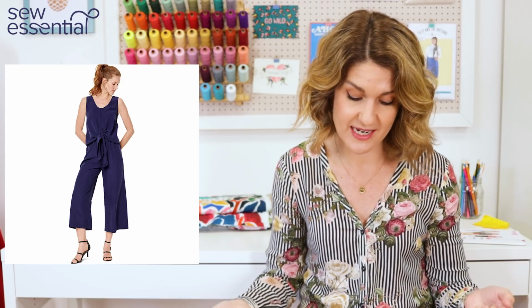To me, I sort of ruled out for a long time and thought I don't think I'd really ever wear a playsuit. But then eventually I bought one, just like a pull-on jersey one, and I wore it so much last summer when the weather was hot, because I go on a lot of bike rides with my kids, and it was a great way to sort of stay cool and feel comfortable, but be able to be quite active on the bikes and stuff like that as well. But then it was just great for the beach, it was great for just chilling out at home in the garden, and I really did embrace the playsuit love last summer, and I found it really, really useful to have